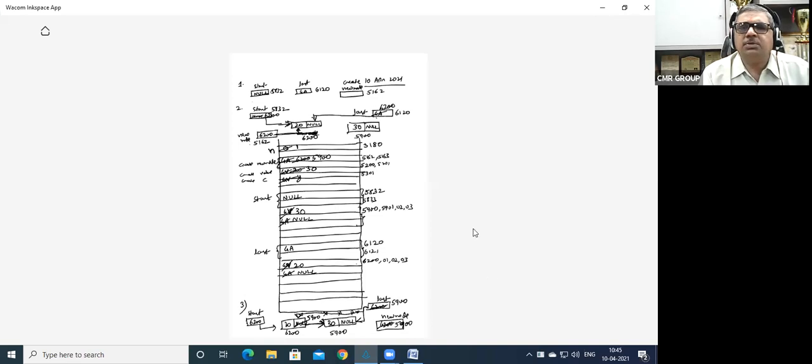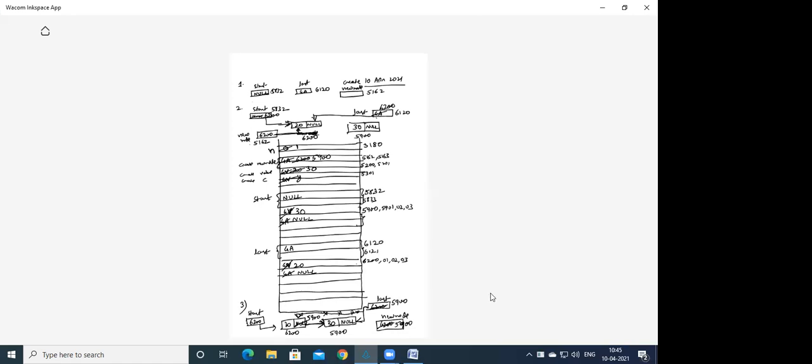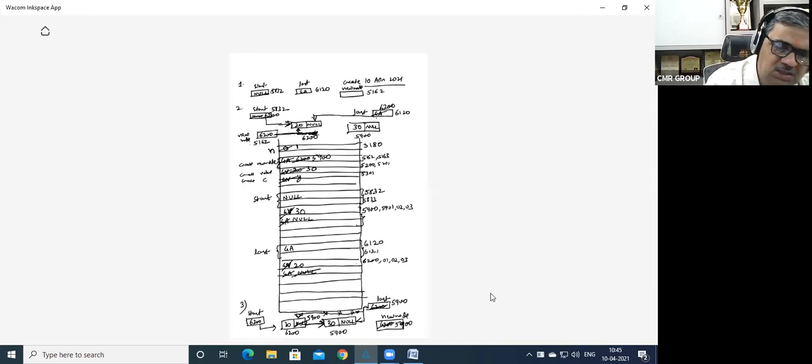Where is your program? Switch on your camera and show me the program you have written. Did you draw this diagram also? Everybody, are you drawing the diagram when I am drawing? Where this value of 6,200, this null value, changes into 5,900, then only the link gets established, right? And the new node created got 5,900. The last, where is last actually? The last garbage address was 6,200, and thereafter it is 5,900.